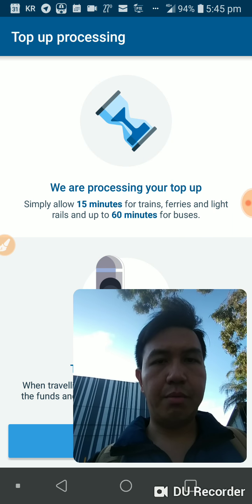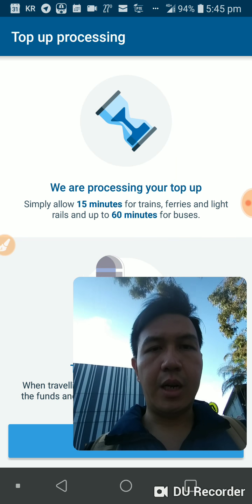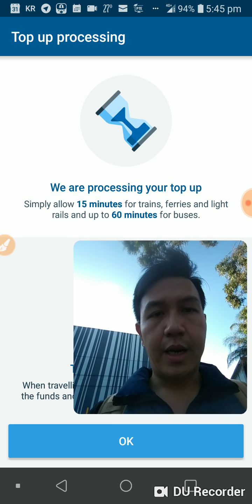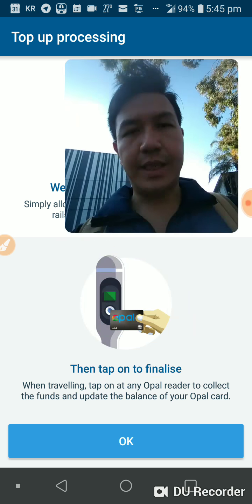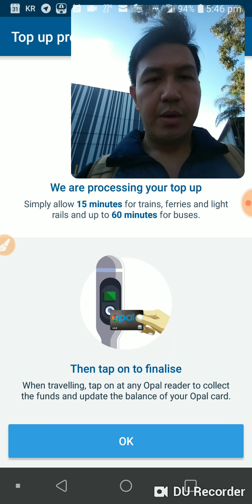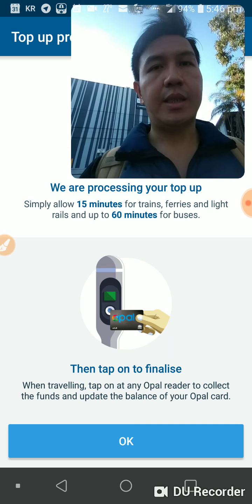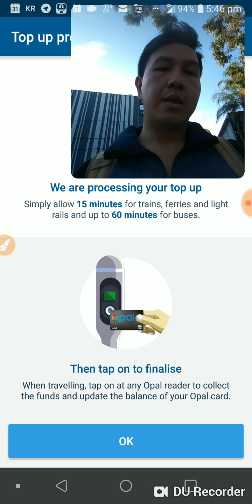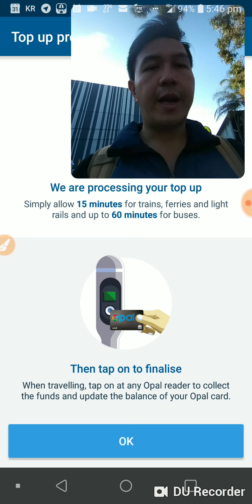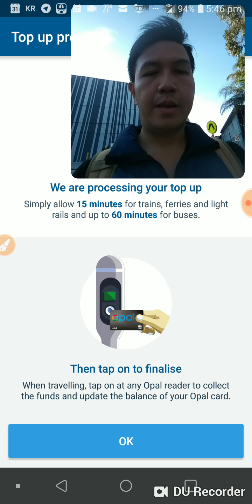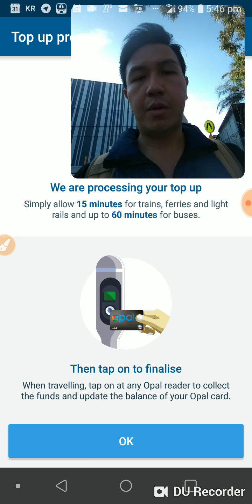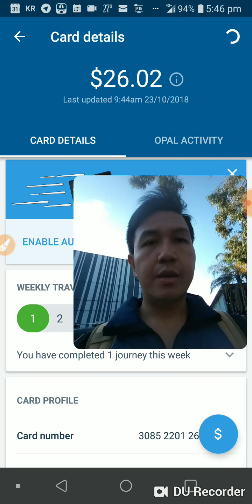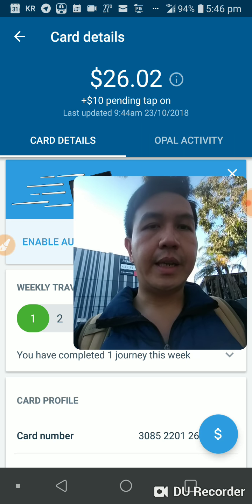and it says we are processing your top up. Simply allow 15 minutes for trains, ferries, and light rail, and up to 60 minutes for buses. And also you can tap on to finalize, so your credit that you just topped up from the Android app or iOS app will come straight away when you tap on the device. Then press okay. All right, it says in here,